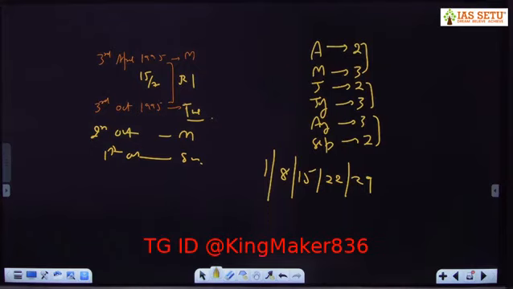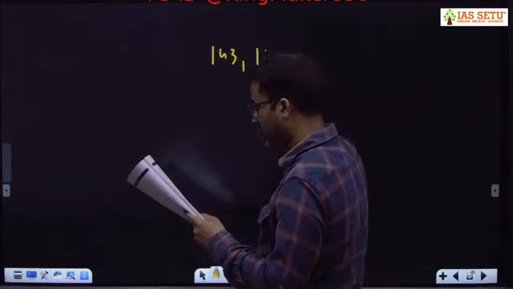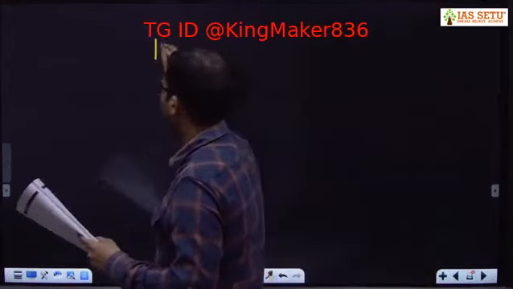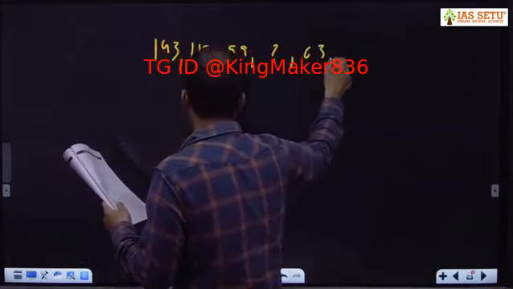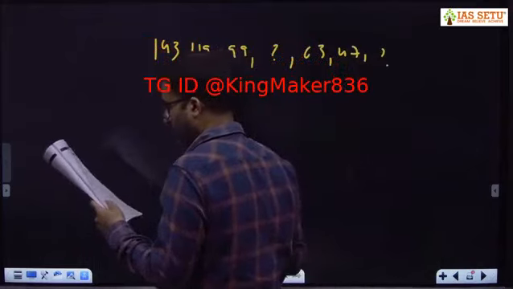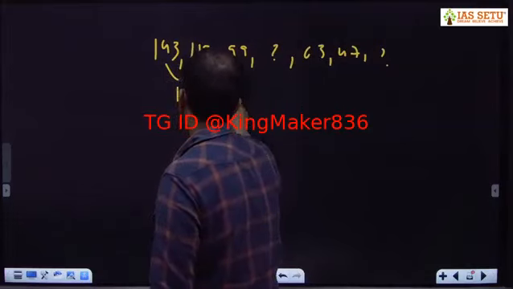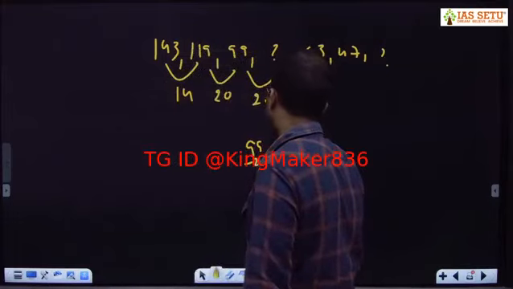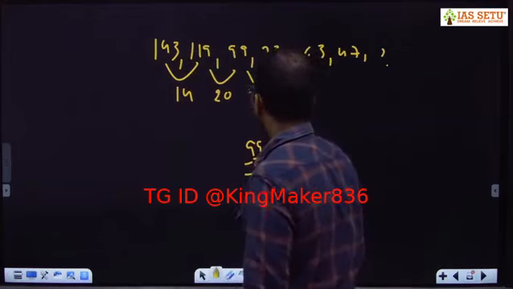Number series home assignment question number 2. 143, 119, 99, question mark, 63, 47, question mark. ये वाला निकालना है। So what is this? 14, 20, right, 26. What is 99 minus 26? 73. नहीं आएगा क्योंकि ये 63 है।